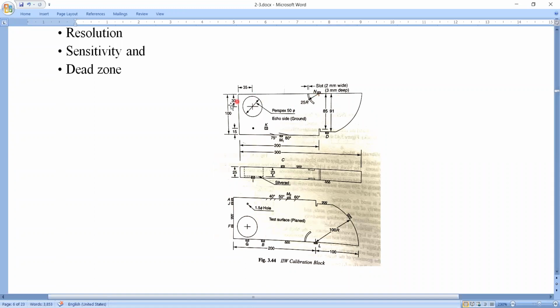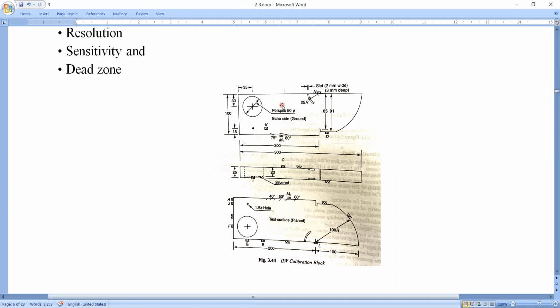Now we are sending ultrasonic waves using our equipment into this block. We are using this as a specimen. Now we are getting the results. Based on those results, we can assess the equipment. Generally, with the help of equipment, we find the defects under the object. This is the reverse phenomenon, because we know the defects, we know everything about that specimen. Now we are testing that specimen, we can assess our equipment.